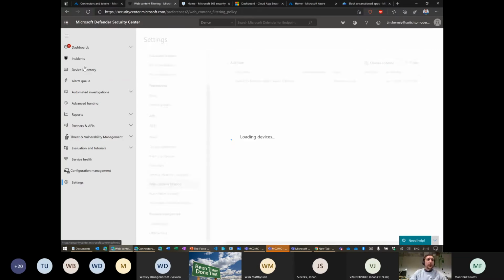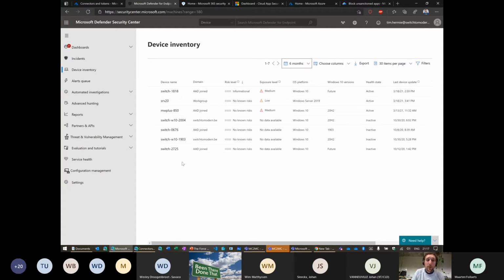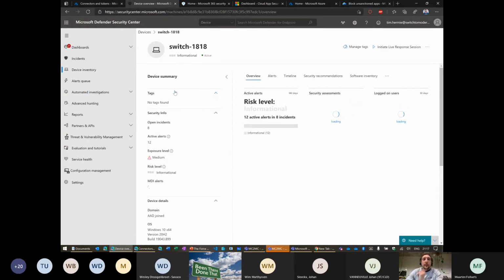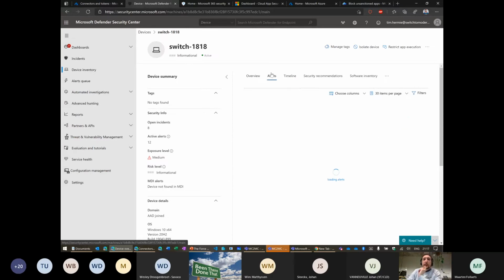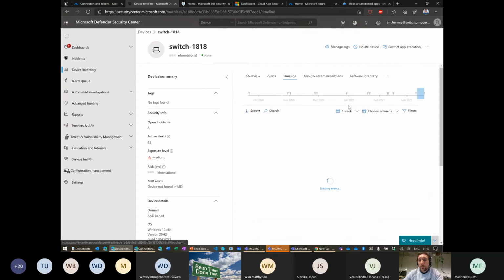All right, some things I want to show you here that are also nice. If you go to device inventory, we will see all our devices that we have onboarded. You can see last 30 days, this is my active devices. I had more, they're not active anymore. If I click on my device, let's make it load. You can see here, we have the alerts open on my device. That's from my tests from an hour ago. We have the timeline, what happened on my device. You can see those flags here. Something happened there. Yep. But what I want to be talking about here, if my browser wants to work.